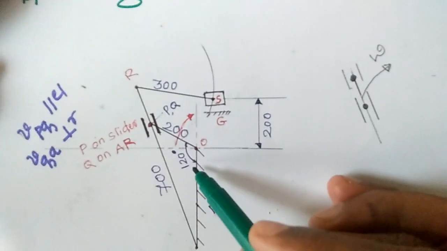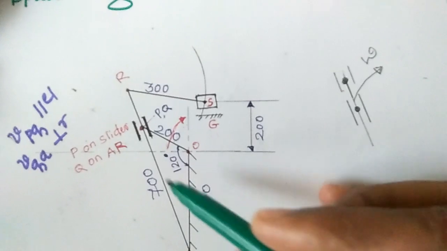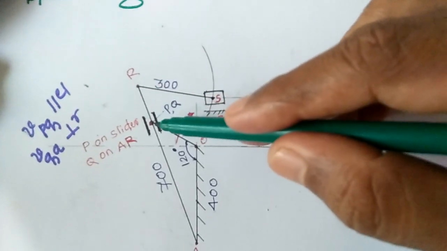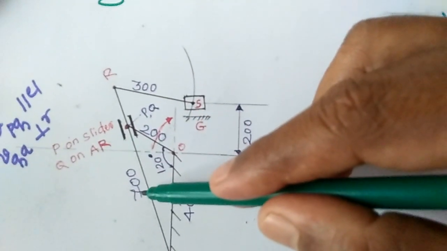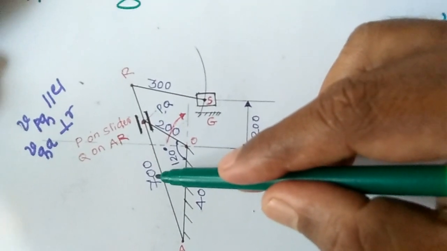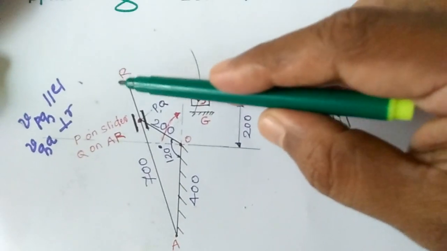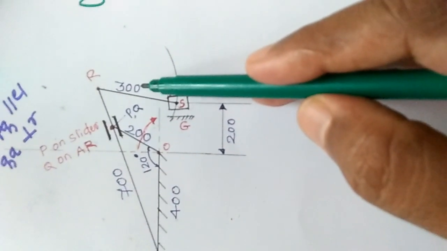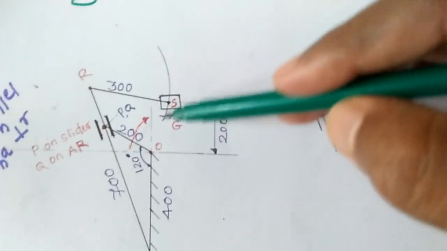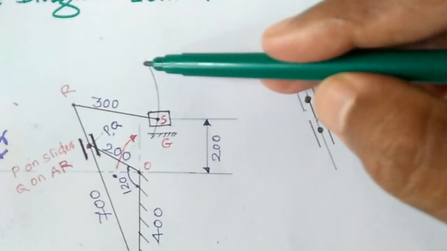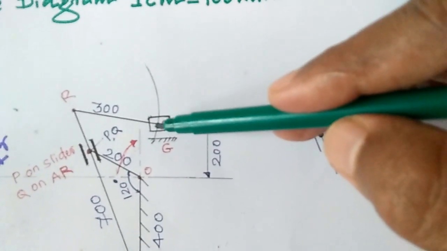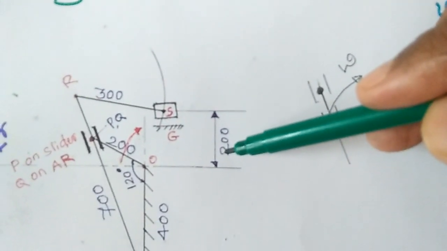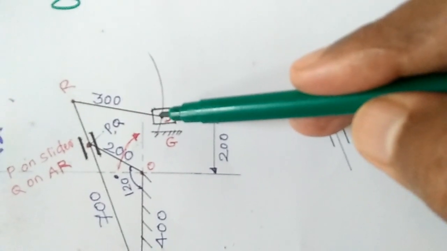You have to draw it with the angle of 120 degrees here. Then you have to pass the line from A to R through the point P, about 700 mm. You have to draw it with 7 centimeters. Then once again you go for the RS. RS is given as 300 mm. It comes as 3 centimeters. You take the compass and draw the arc, a distance of 3 centimeters. Once again, OS is given as 200 mm. You take it as 2 centimeters and complete the diagram.